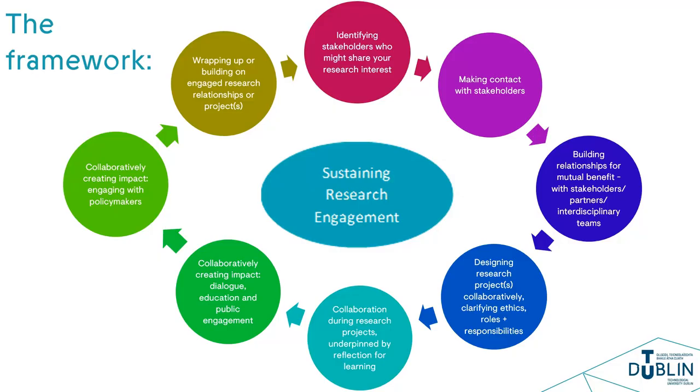Then once the research process is coming towards a point where you've got outputs, it's about how do you then work together with your stakeholders and partners to create impact. And we've broken this into two sections. The first of these is looking at education and public engagement and dialogue. So taking your research outside your research team and bringing the findings to people who might be interested in them and seeing how they might potentially be applied or be relevant or be expanded on or developed.